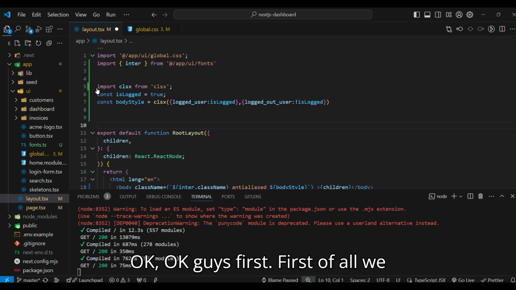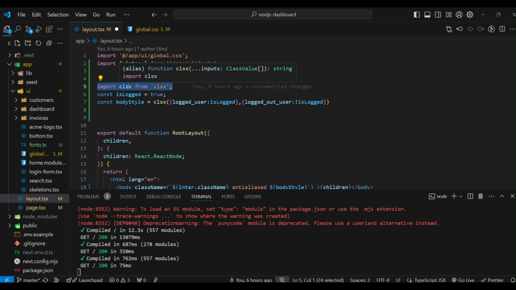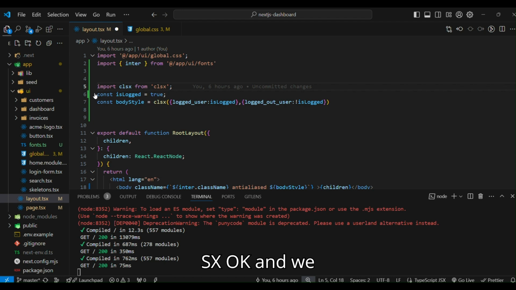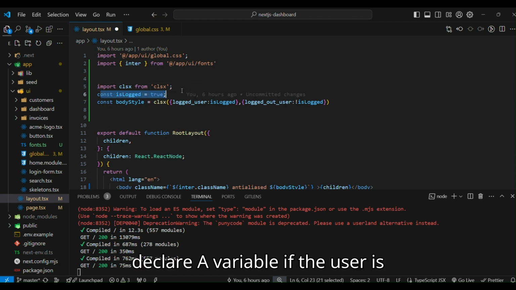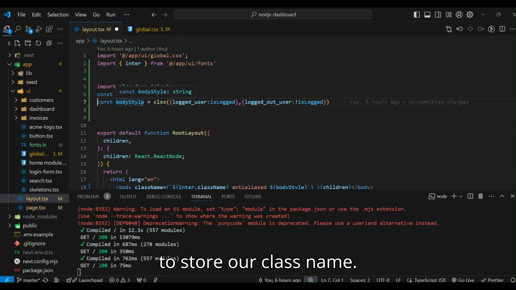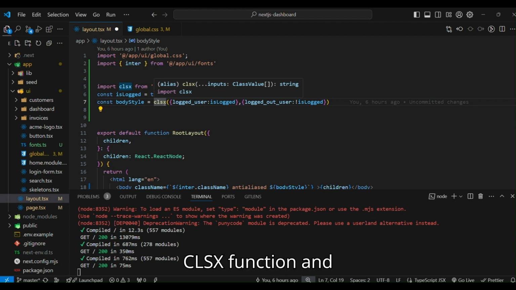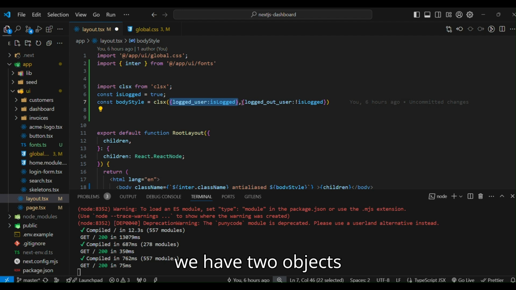Okay, guys. First of all, we imported the library clsx. Okay, and we declared a variable for whether the user is logged in or not, a boolean one, and we have a variable for the body style to store our class name. So here we have the clsx function, and we have two objects,